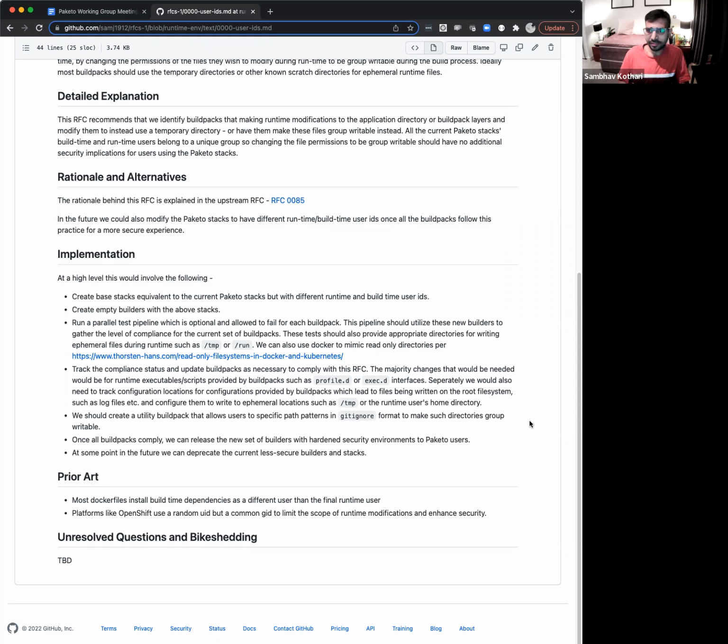I included the link that you pasted in the RFC on how to do this via Docker. But even if we don't go through the whole process of setting the read-only flag on Docker, even if we set the different users, we should still get a read-only system for the runtime user for the application image.